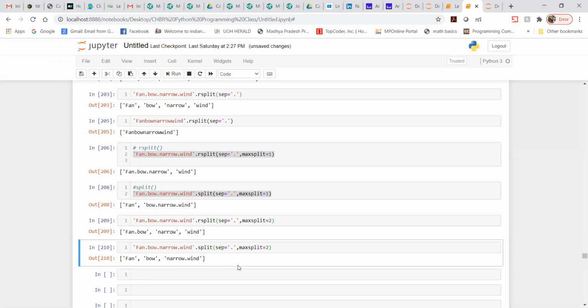So guys, I hope I have given a pretty good example, and it's pretty clear from the example what exactly the difference is between split and rsplit, and what exactly split does. So are we clear, guys? If you still have any sort of question, please do let me know, because I must say I have given a good example, and it's pretty clear to everyone now.